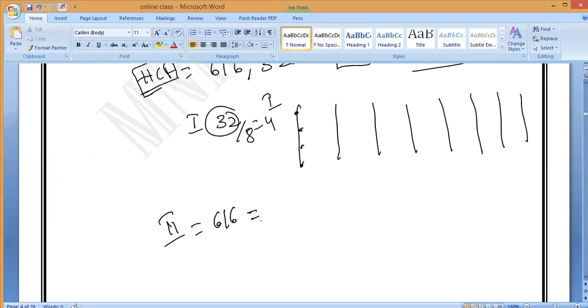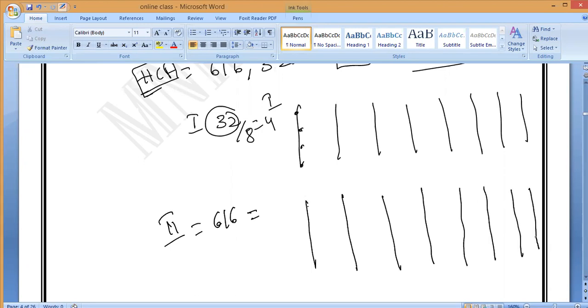616, can you say? They also must be arranged in 8 columns. That is what they are asking: maximum number of columns, the same 8 columns. So how many members should come? 616 fellows we have to arrange just behind them. It means divide by 8. How many times? 8 sevens are 56. 77 members. Each column has 77 members.